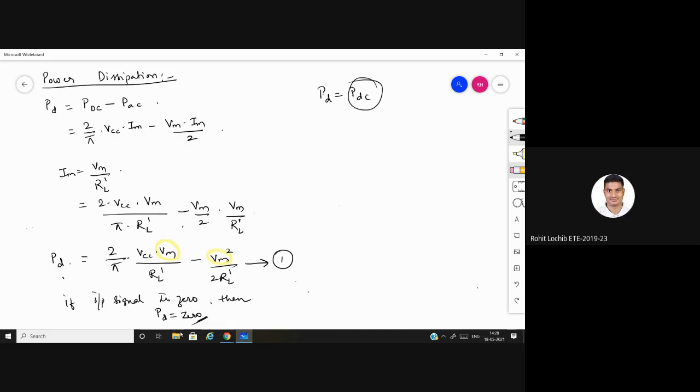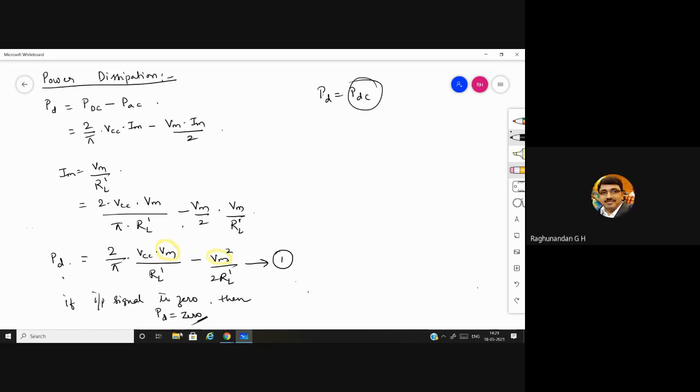Okay. No, sir, I think advantage only. I think I misinterpreted. Sir, I'm not sure if I'm correct. But this might be a disadvantage because when the input signal is not given, dissipation is 0. So if you give even a small input signal, there's a chance that the dissipation might be very high. When amplification is taking place, we can't amplify a signal which is not there, so we have to give an input signal. Yes. Okay. So when we give even a small input signal, the dissipation of power might be very high. That is not advantageous. It's a disadvantage.